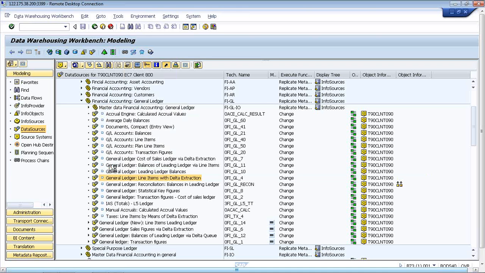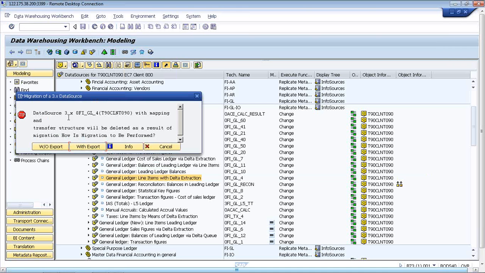When you do that, it is going to come up with this pop-up. This pop-up says, how do you want to export or migrate this? Without export or with export? Always remember, you need to do it with export. The reason being, if you do it,